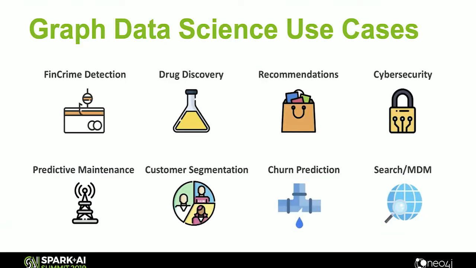So there's a lot of use cases for graphs in general for data science, financial crime detection, drug detection, or drug repurposing. Those are some really common ones. Recommendations, if you can understand what people around you are doing, it's easier to predict what that person may do again. Churn prediction is a really fun one because trying to predict whether a customer will leave your subscription service and whether they'll pull other people to leave your subscription service is a very relational networked type of problem. So lots of use cases.